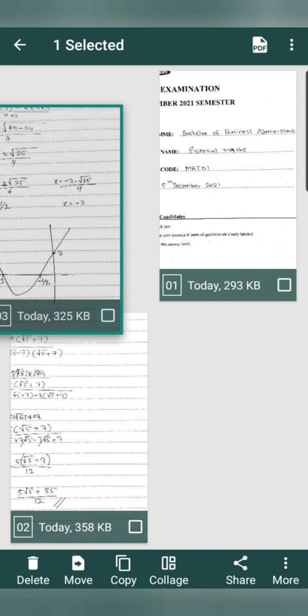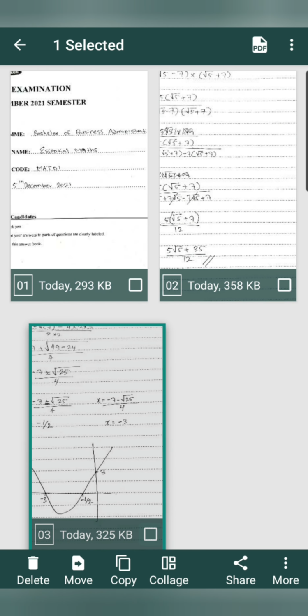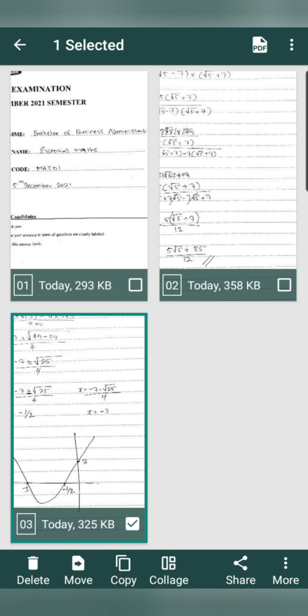Like this, you can drag and move the pages. So make sure before you finalize the document, the page numbers are in the correct order. So once you are done editing, you can go back by clicking on this icon at the top of the screen.